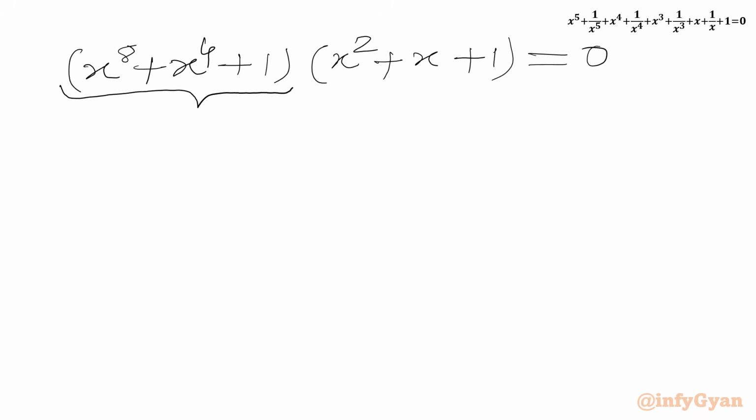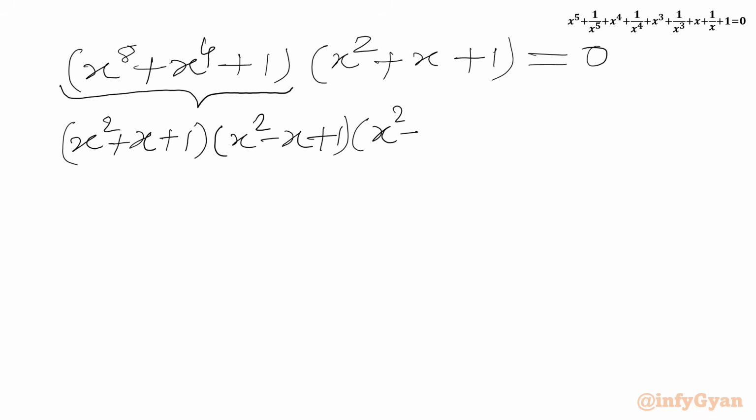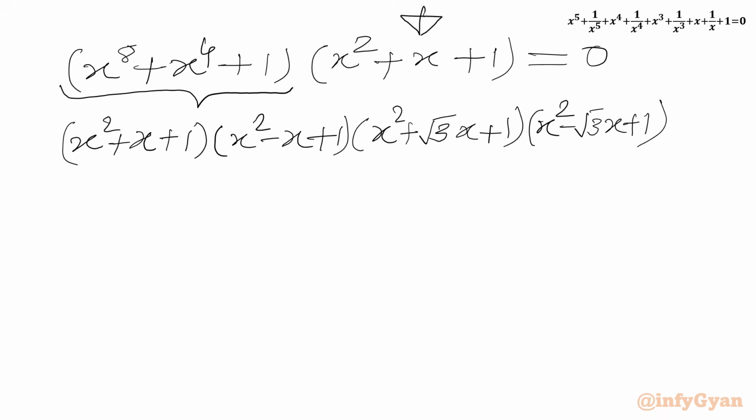So I need to write x square plus x plus 1 times x square minus x plus 1 times x square plus root 3x plus 1 times x square minus root 3x plus 1, and then we have this bracket x square plus x plus 1